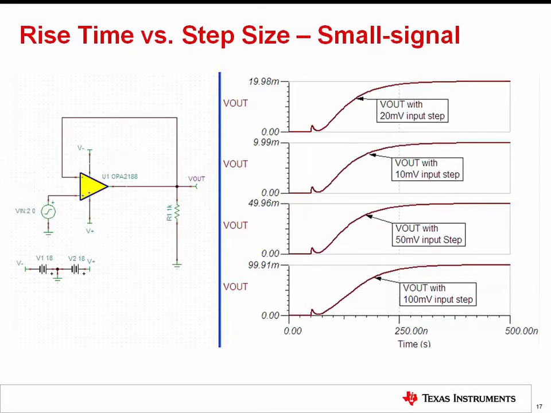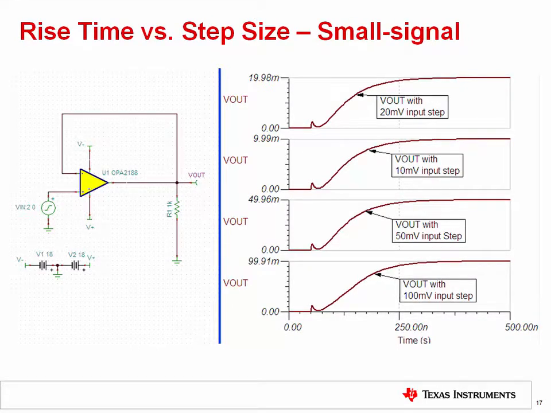An interesting point to make is that in our small signal rise time equation, the only variable is the amplifier's bandwidth. This implies that the rise time of a small signal step is independent of the size of the step. Of course, the amplitude of the input must not exceed 100 millivolts, or the input is no longer considered to be small signal. We can test this in simulation, which was done by measuring rise time with different input step amplitudes from 10 millivolts to 100 millivolts. As you can see, the rise time for each case is the same.